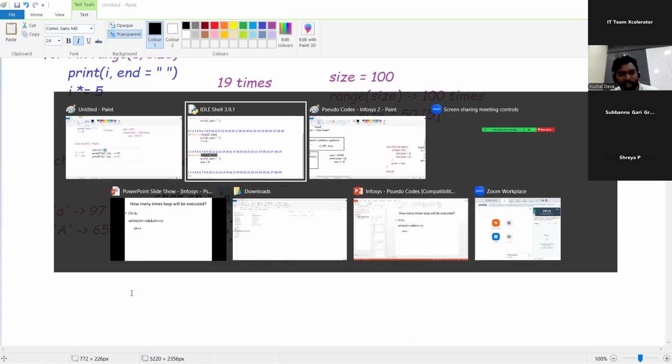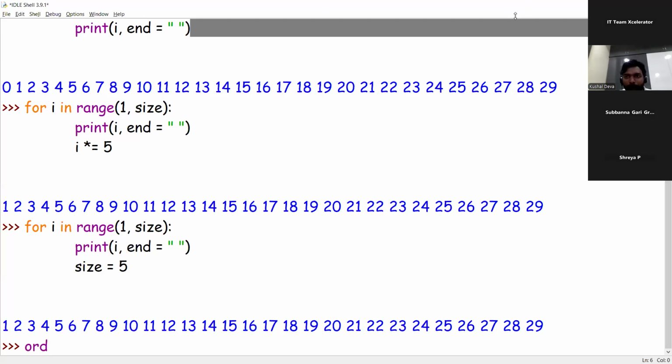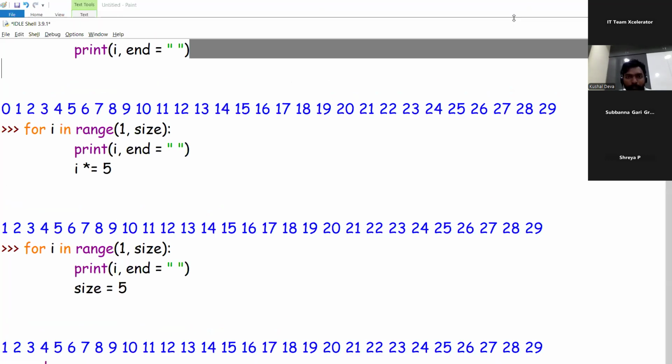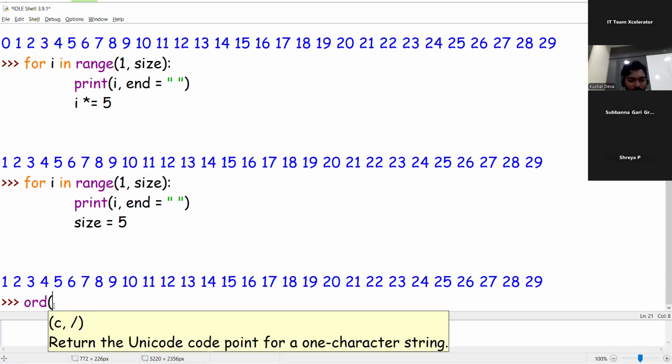Maybe as we already have Python open, I'll just take it in Python. Actually, we have something called Unicode, not ASCII, but you get the value to be still the same. We have one function in Python called ord. What ord does is it gives the Unicode value, but the value is still the same, guys.